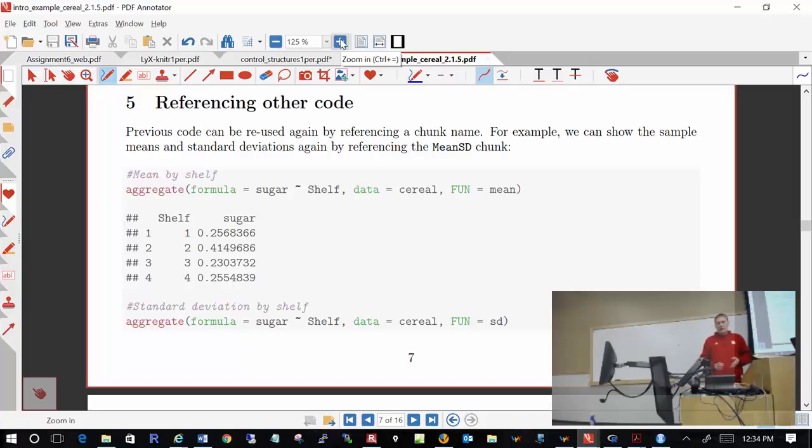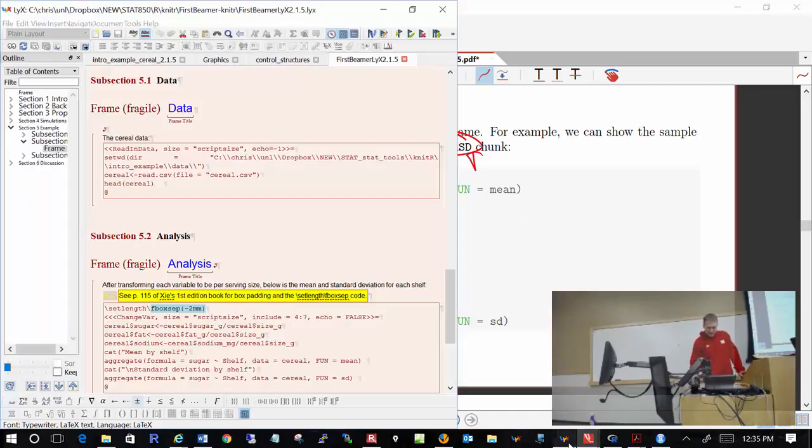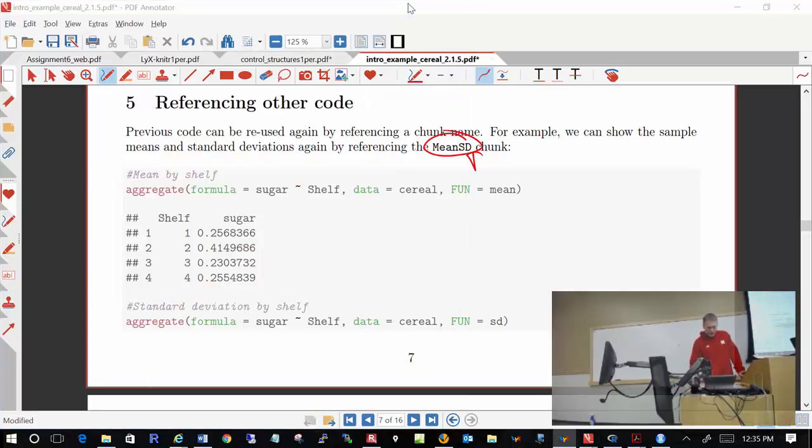So you may remember us before creating a chunk called mean SD, which basically found the mean sugar content by shelf, and also the standard deviation of the sugar content by shelf, and we put that into a chunk called mean SD. Now to reuse that chunk,